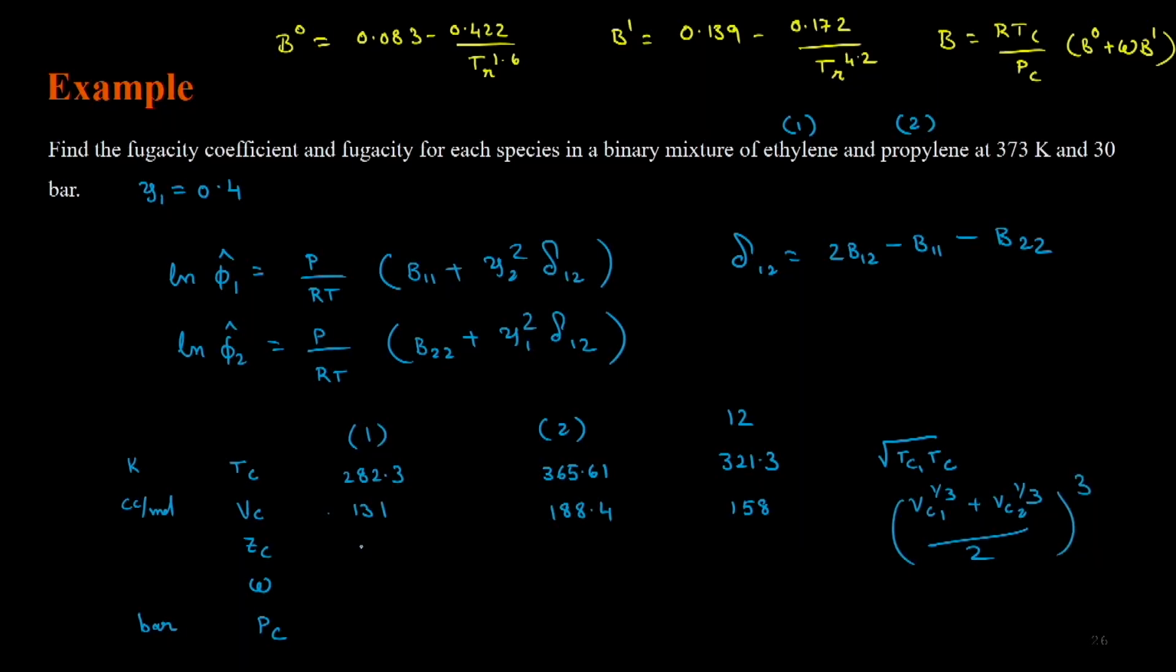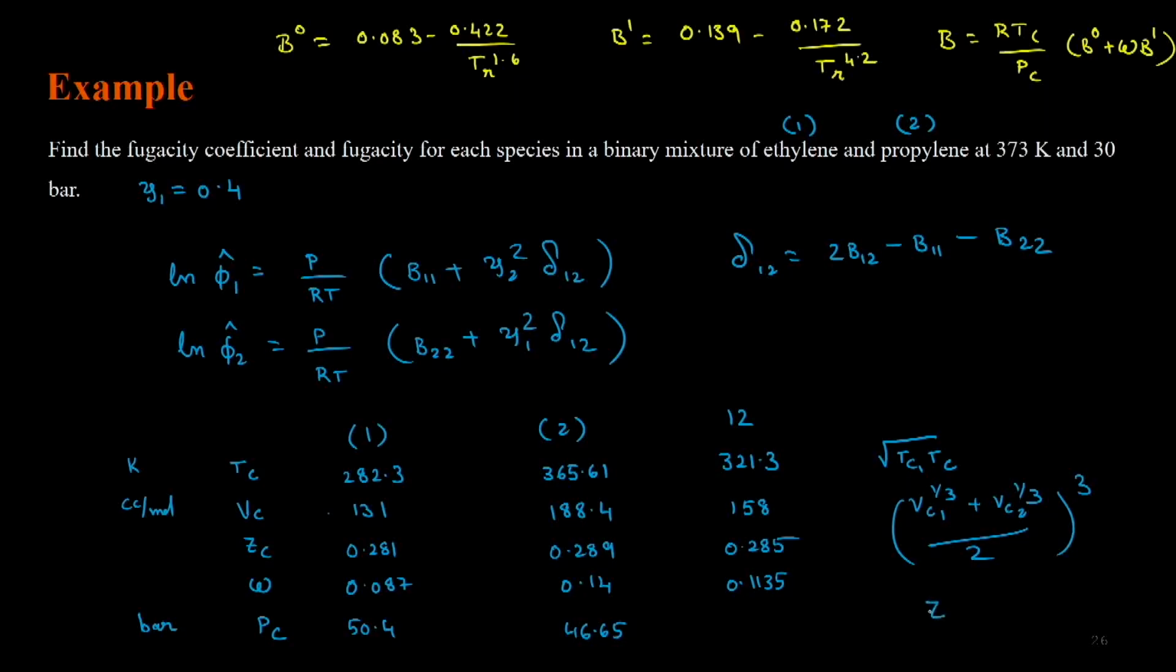Zc and omega are simply arithmetic averages. This is 0.281, this is 0.289, and the average of that is Zc12, which is 0.285. And omega, this is 0.087, this is 0.14, and the average of that is 0.1135. And finally Pc is 50.4, this is 46.65, and once we have all the other parameters Tc, Vc, Zc, we can calculate Pc